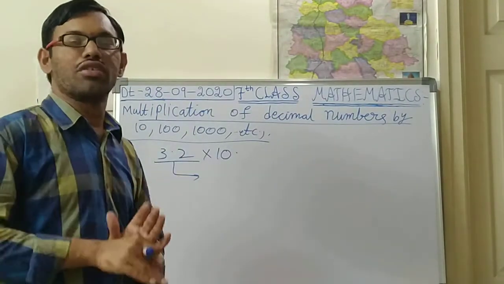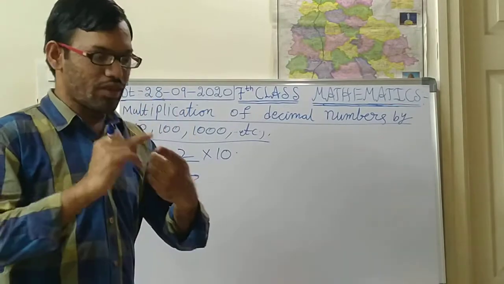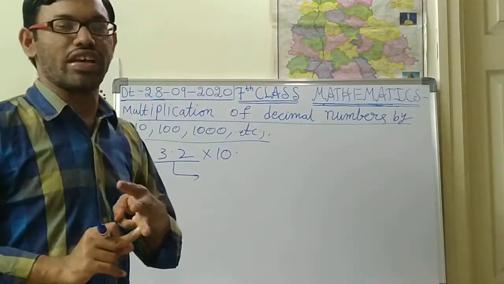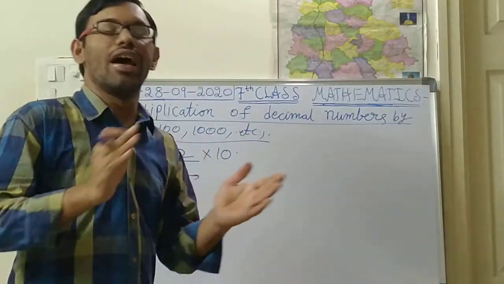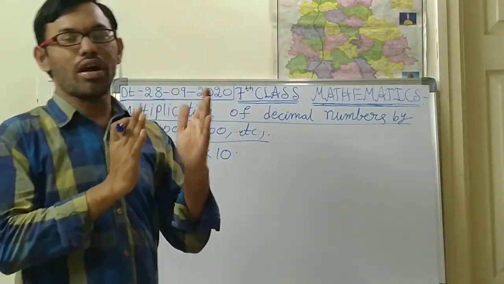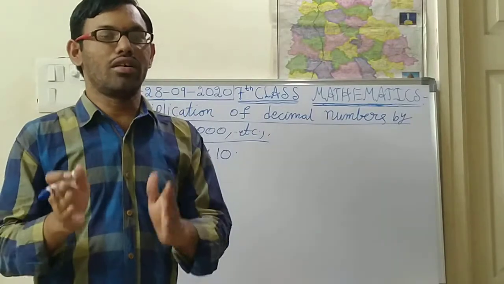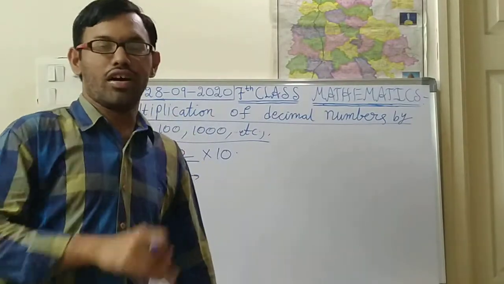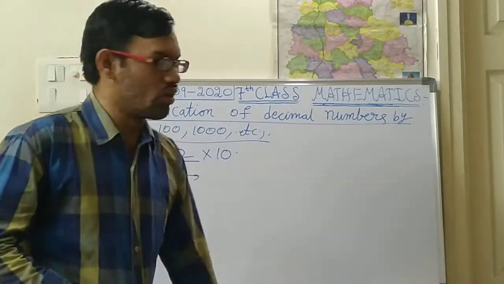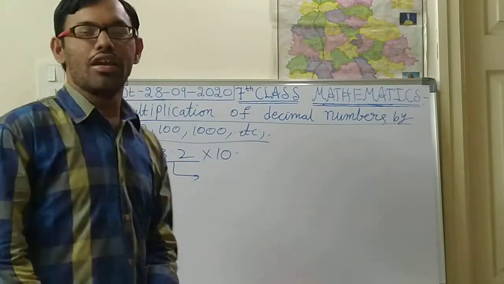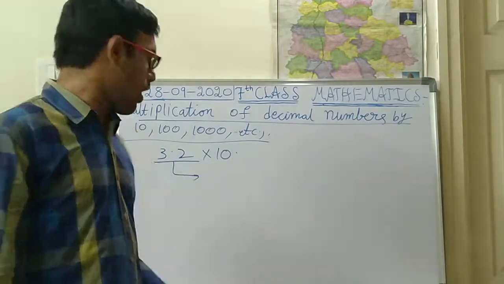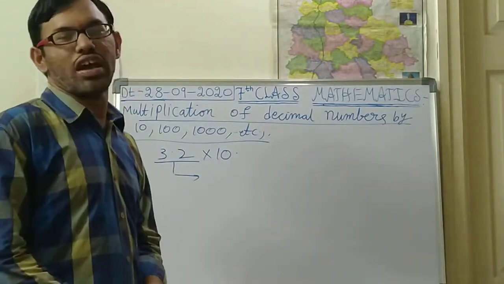So how many types of fractions are there? Three types: improper, proper and mixed fraction. We have seen converting a mixed fraction into an improper fraction, and writing the proper fraction and whole number in the mixed fraction. So here also we are converting a decimal number into fraction form. How are you supposed to convert it?